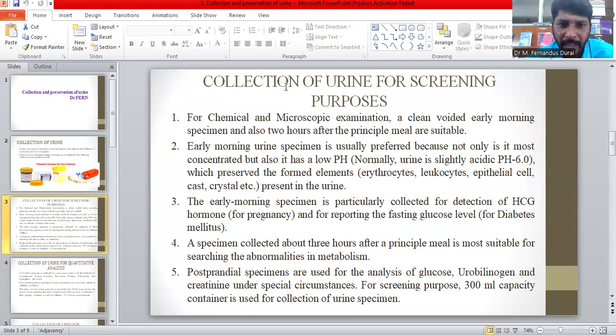for screening purposes, for chemical and microscopic examinations, the clear voided early morning specimen, or a specimen 2 hours after the principal meal, is suitable, because the early morning urine may be highly concentrated. In that condition, we can identify even a microorganism or any disease-causing agent present in the initial stage or at low concentration. Because after the last passing of urine,